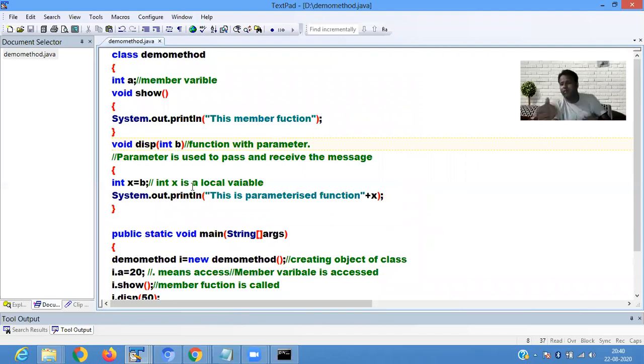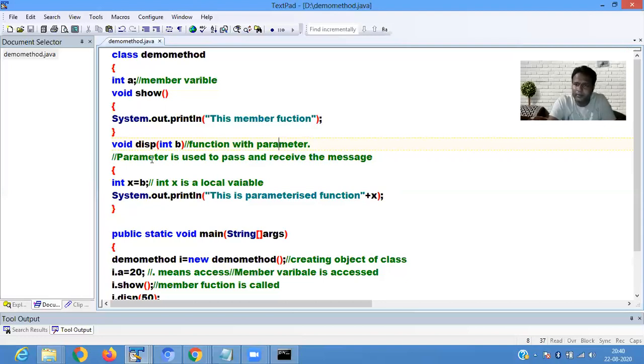As I have already told in the class, whatever variables and functions you define are your member variable and member function. Int a, void show function. This is a member function. This function doesn't contain any parameters. Then void display function contains the parameter int b, then int x equals b.